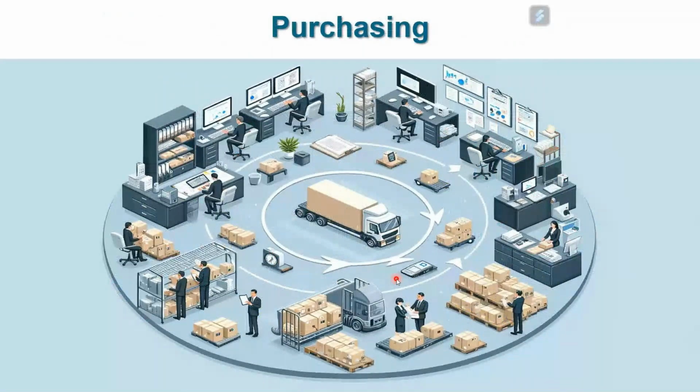Then you have your purchasing. Now, if you are Coca-Cola or Pepsi, you will need to purchase CO2 on a daily basis. You will need to do a lot of purchase of sugar. You will need to purchase a lot of glass bottles. You'll need to purchase a lot of plastic bulbs, which will then be blown and made into plastic bottles. You will need to purchase a lot of caps, plastic caps and metal caps. Okay, you'll need to purchase a lot of crates. All of that purchasing happens in a module called the materials management module.